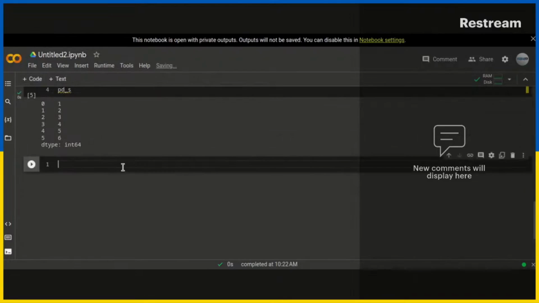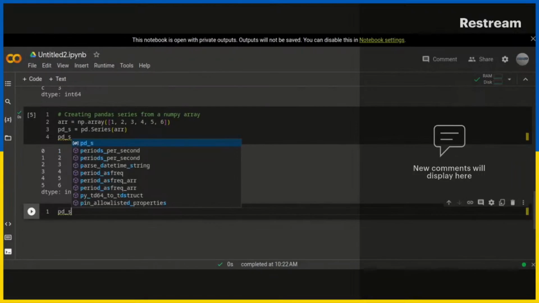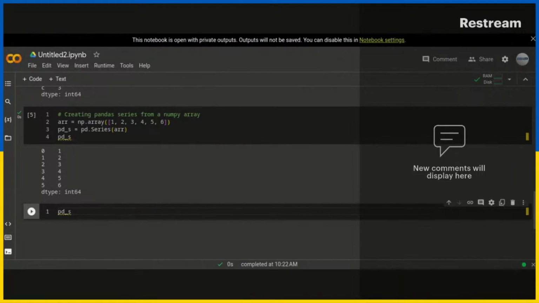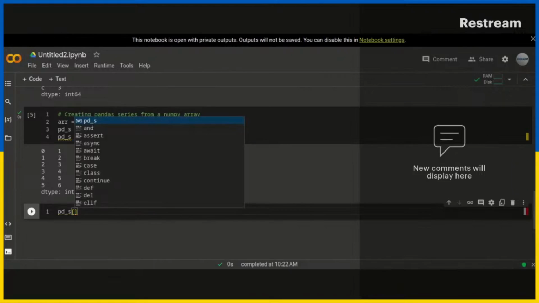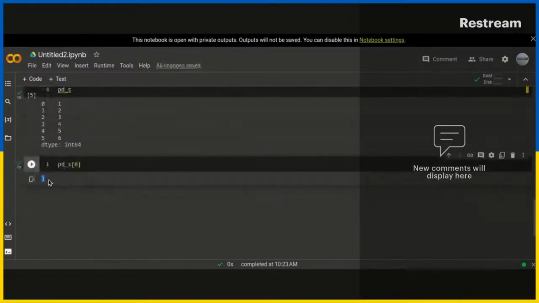You can just pass the index into pd_s, which is the variable name of the Pandas series, which holds the list of elements, a series of elements. So I just pass index 0, which is going to access the first element in the series,